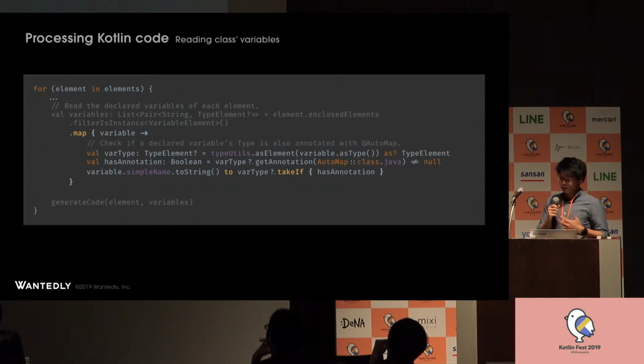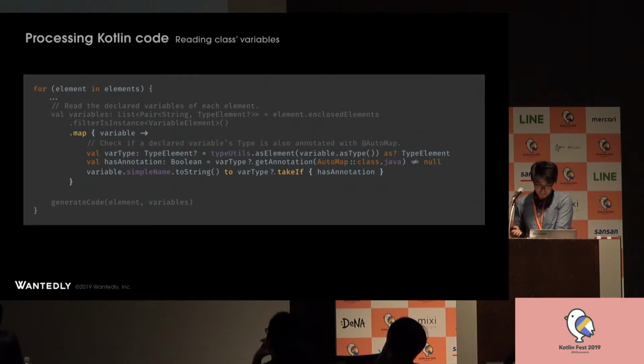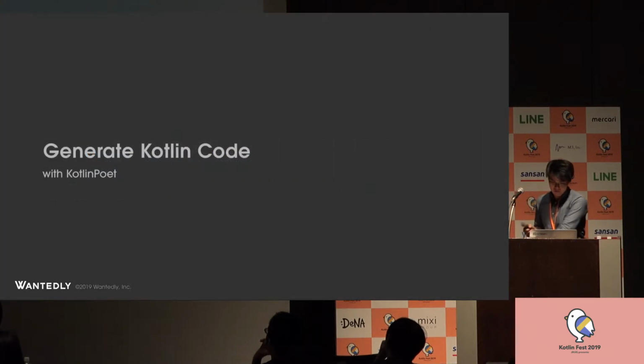This example that I showed here used the declared variables inside a data class. But since we are using Kotlin data class, we can also use class proto to get the primary constructor and use the list of parameters as a list of variables. And now that we have a name and type of each variable inside our data class, we can then proceed